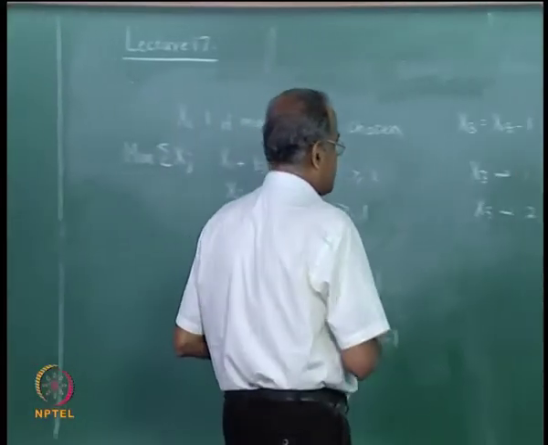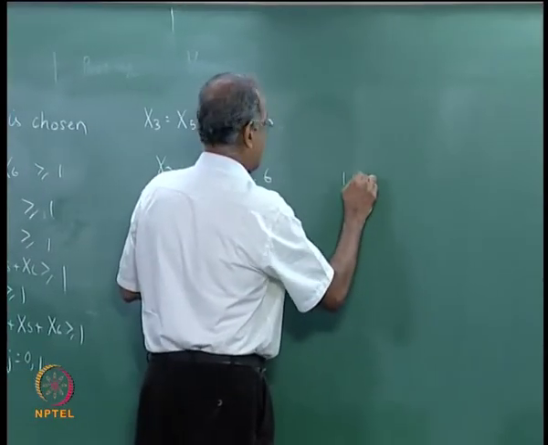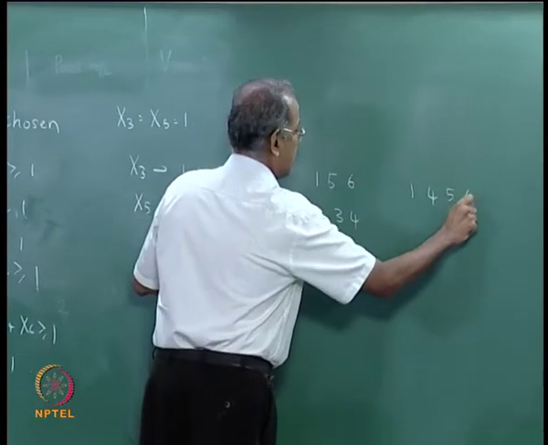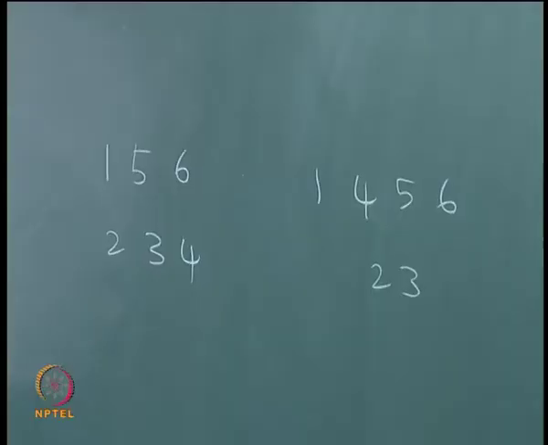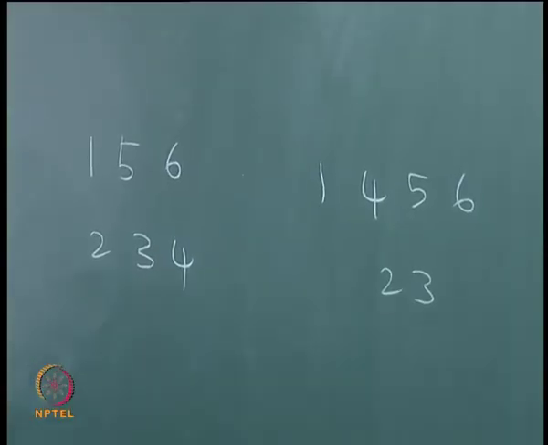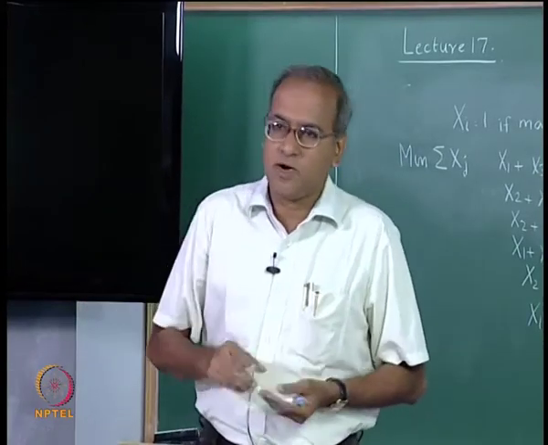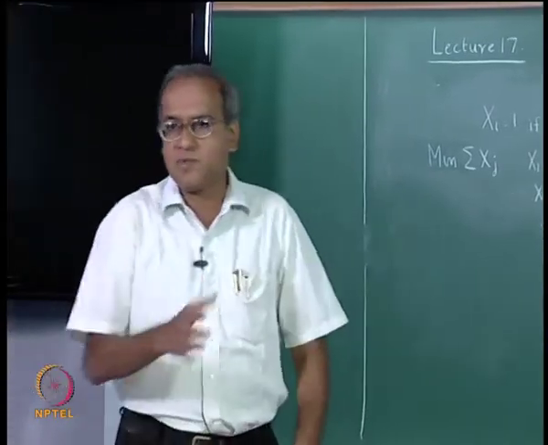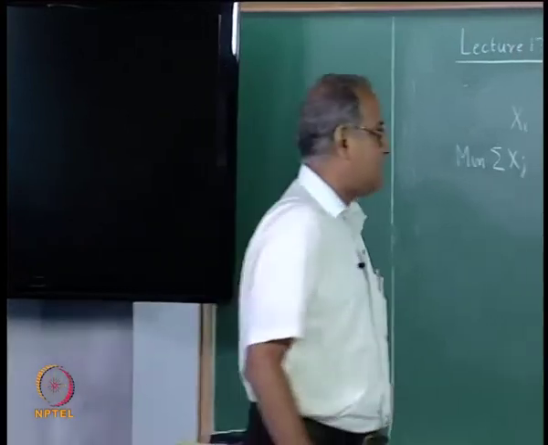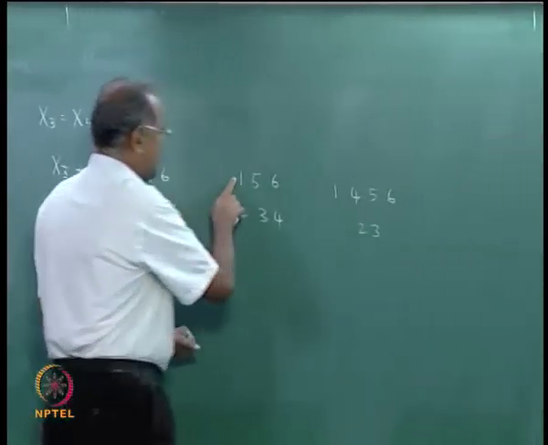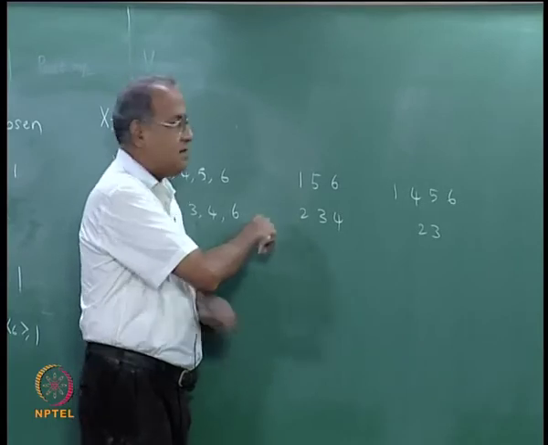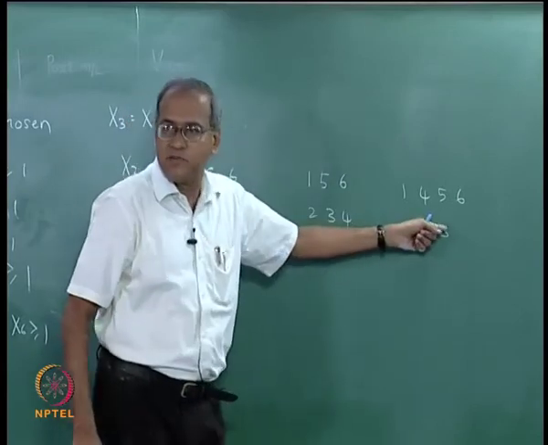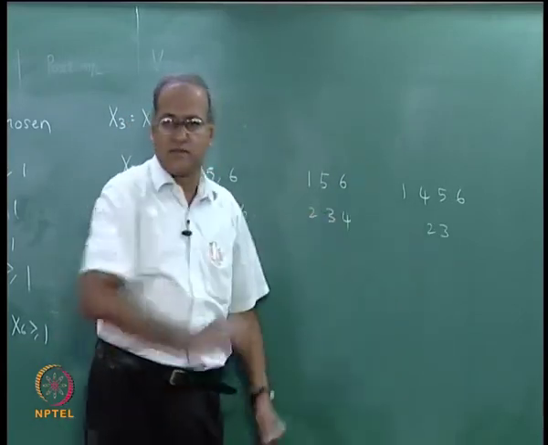Ordinarily we would choose a solution with 1, 5, 6, 2, 3, 4 versus a solution 1, 4, 5, 6 and 2, 3. Ordinarily we would do that. It would also depend on the processing times and so on, but if we want to have better control, or if we make an assumption that all the processing times are equal, then this would have a processing time of 3, this would have a processing time of 3, whereas this would have 4 and 2. So, the cycle time will be 3 here, cycle time will be 4 here. So, we would choose this instead of this.